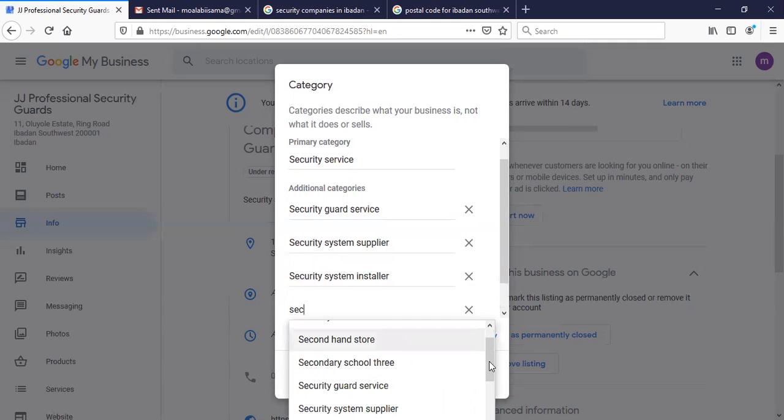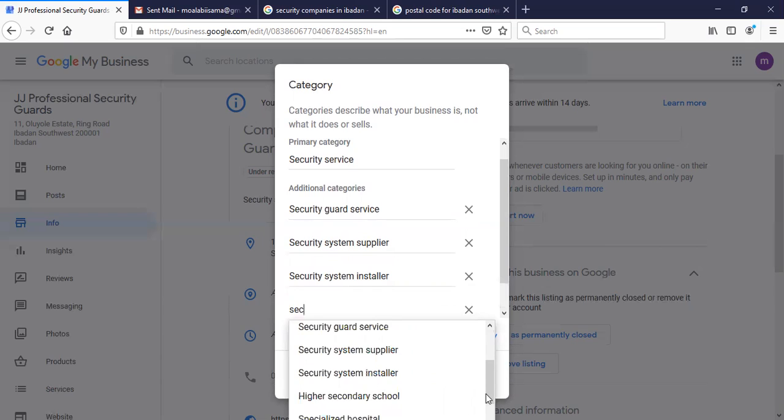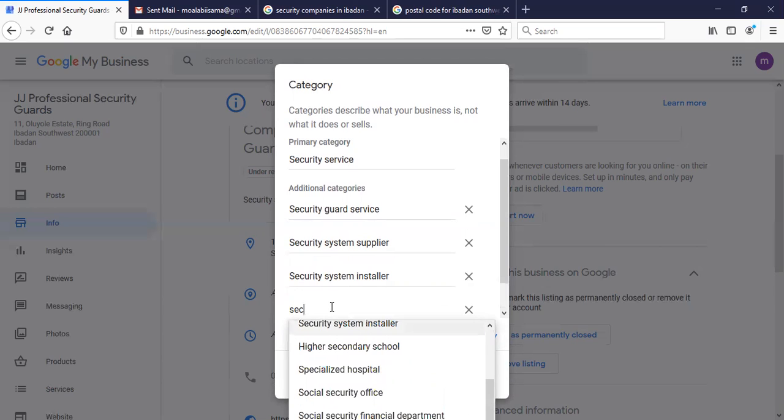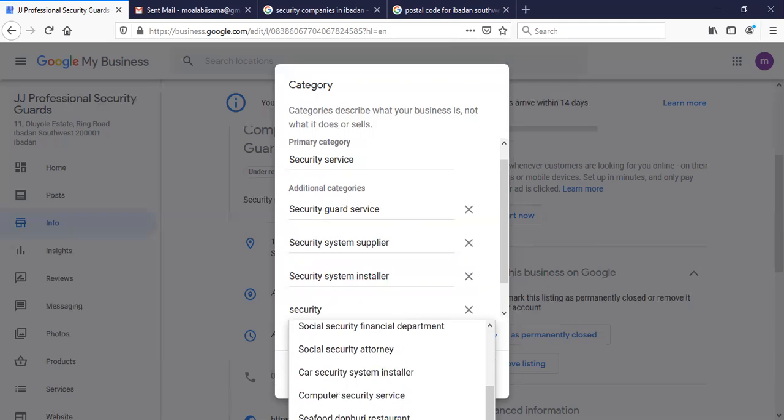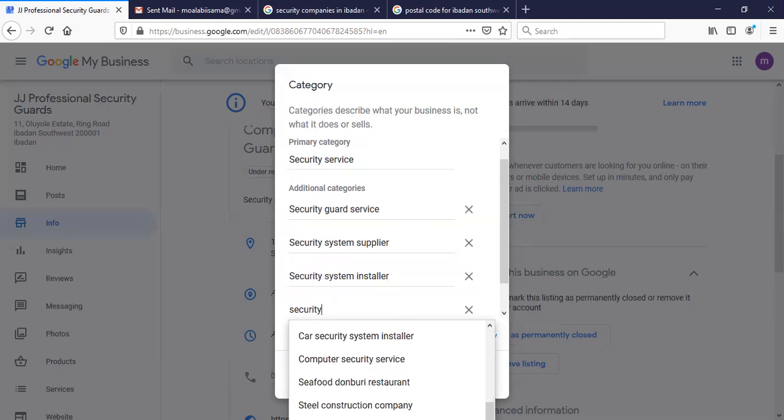Check if there's still anything that I've not added. Okay. Social security, car security system installer, computer security service. No, I don't do that.